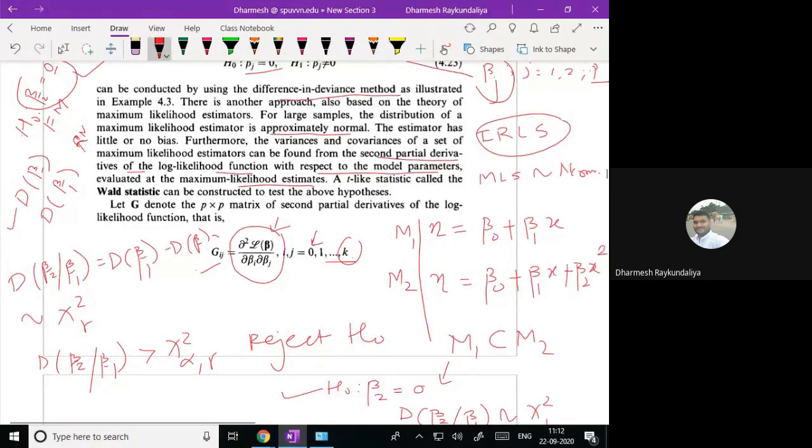So if you have the estimate and the standard error of the estimate, of course we know that it is a kind of t-test: the estimate divided by the corresponding standard error. It has approximately a t distribution with the corresponding degrees of freedom. So a t statistic, the test statistic which you calculate, is called the Wald statistic.